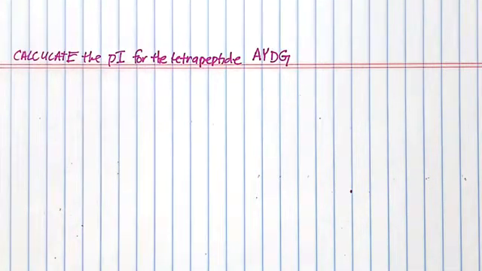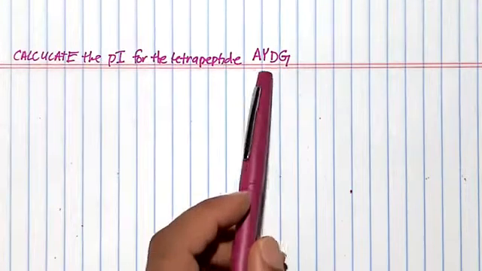Now that we are comfortable with isoelectric points, the pI, in our previous video we actually calculated the isoelectric point for two amino acids. One was histidine, the other one was aspartic acid. How about we calculate the isoelectric point for not an individual amino acid, but maybe 4 amino acids joined together